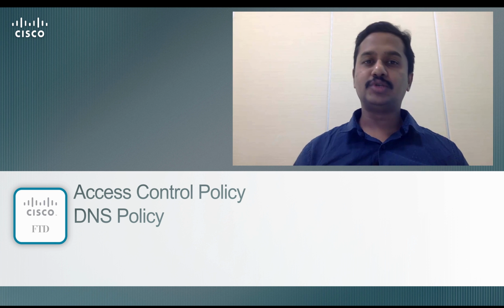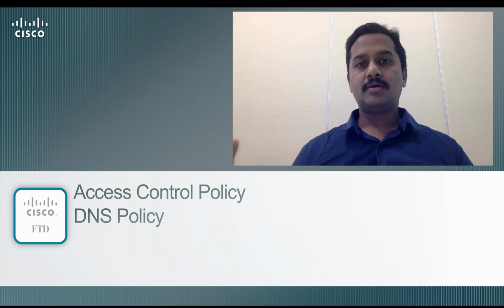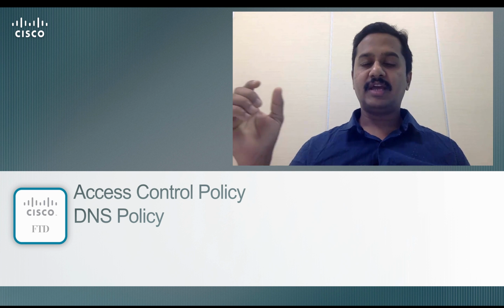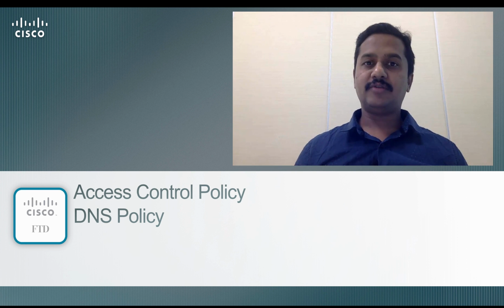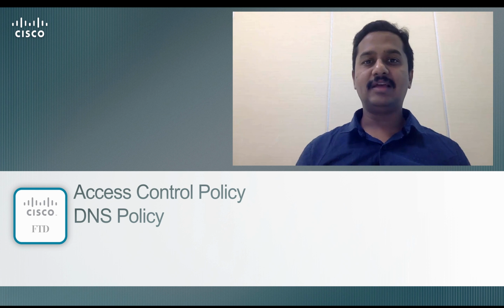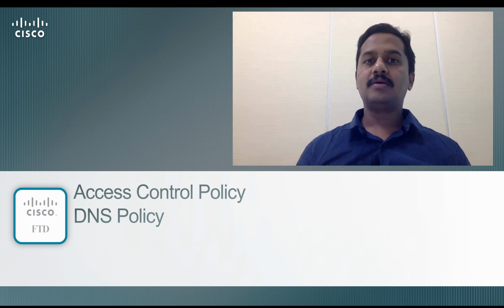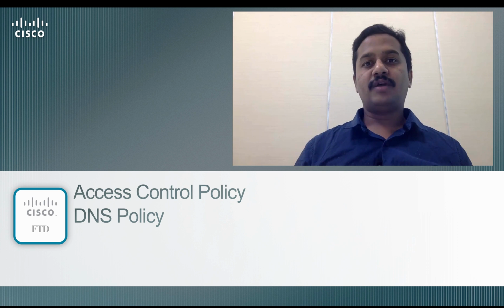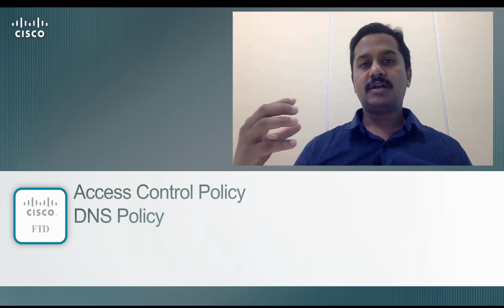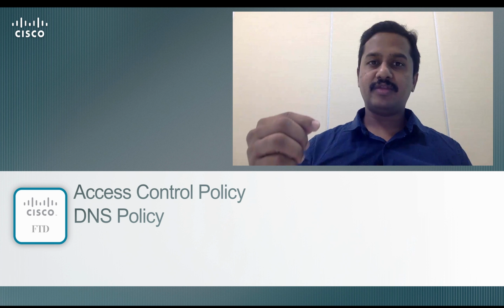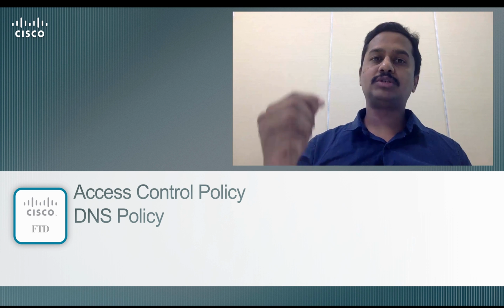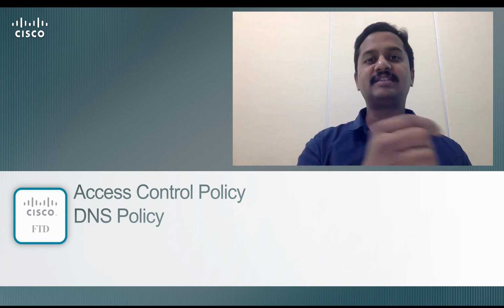If your internal user, either by email or by accessing some sites, gets to click an unknown link or URL on the email or on the web page, which gives access to a bad site, the DNS will come into the picture. DNS will check all the DNS queries, and if a DNS query contains a request for a domain which is categorized as a bad domain,